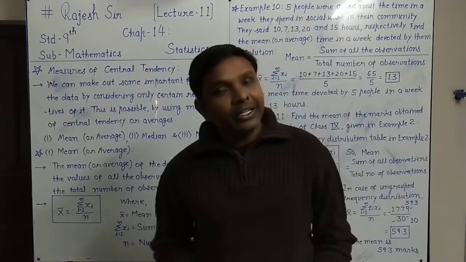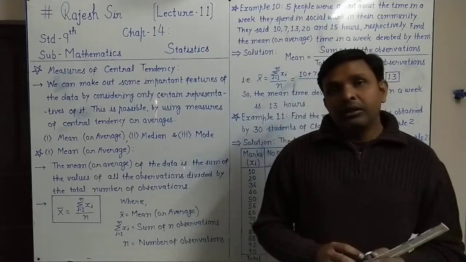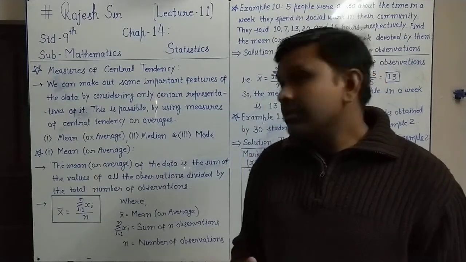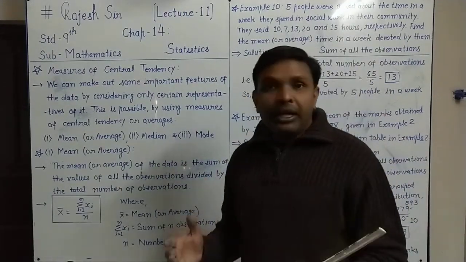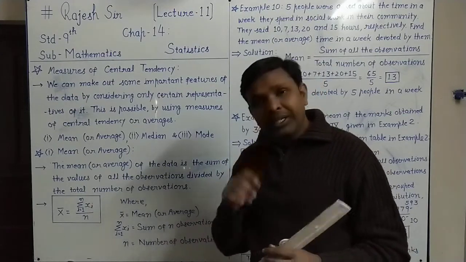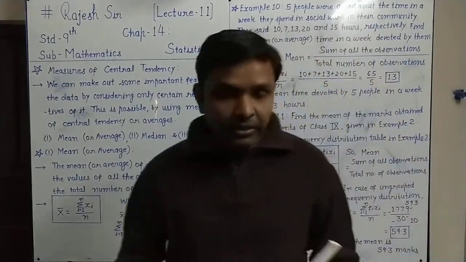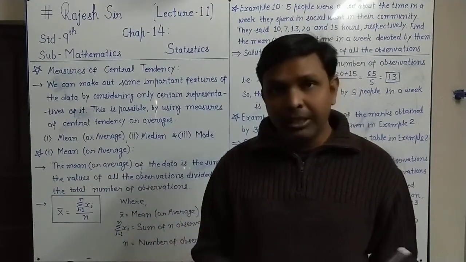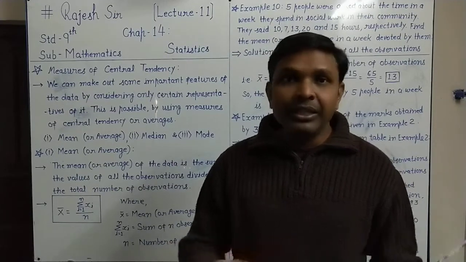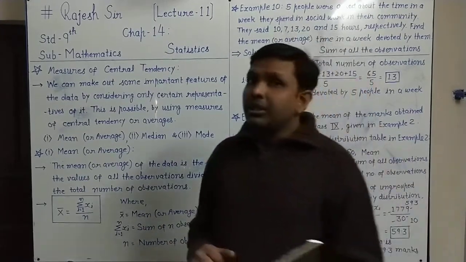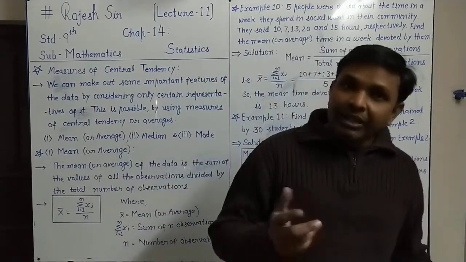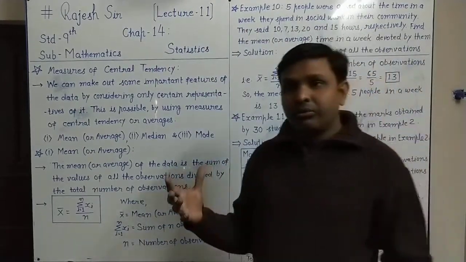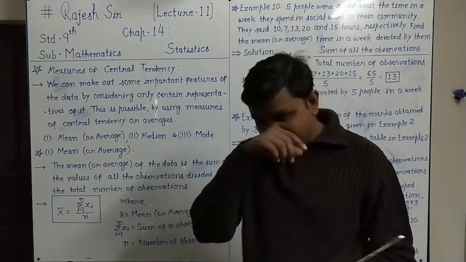To understand the measures of central tendency, we will first recall what we have done in this chapter. As we have seen, the data which is collected is well represented, and in representation we have made the frequency distribution table to make it easily understandable. Then we have represented the data by graphical methods. In graphical methods also, we used bar graph, histogram and frequency polygon to represent the data and to understand it very easily.